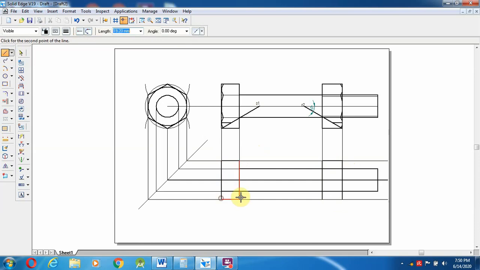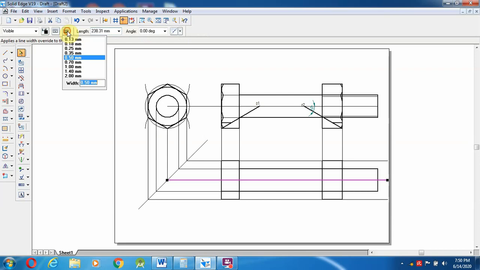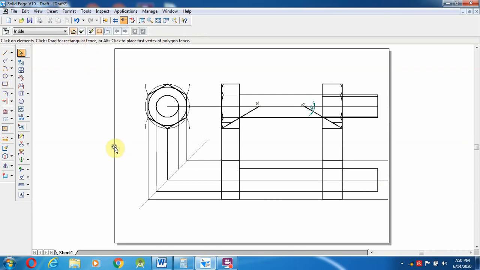Same like in the bottom also, and from here, so after drawing this, this is the line. As of now I am going to make this a 0.13 mm line. So finally I am going to change over here. The top view is almost drawn, but the point you have to remember to see the top view is that in the side view only this surface and these two inclined surfaces you can see over here.